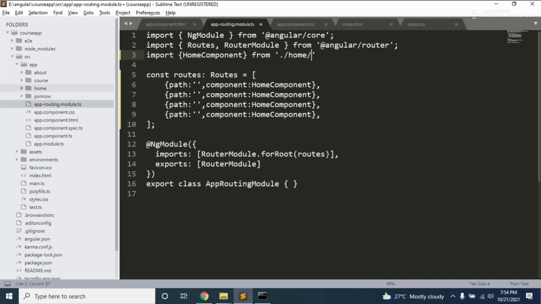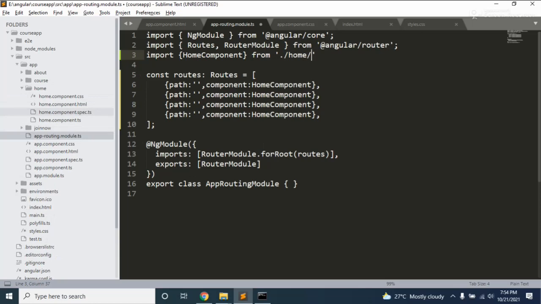So here you can see this one, home component, right? So I am just adding the home.component, right?